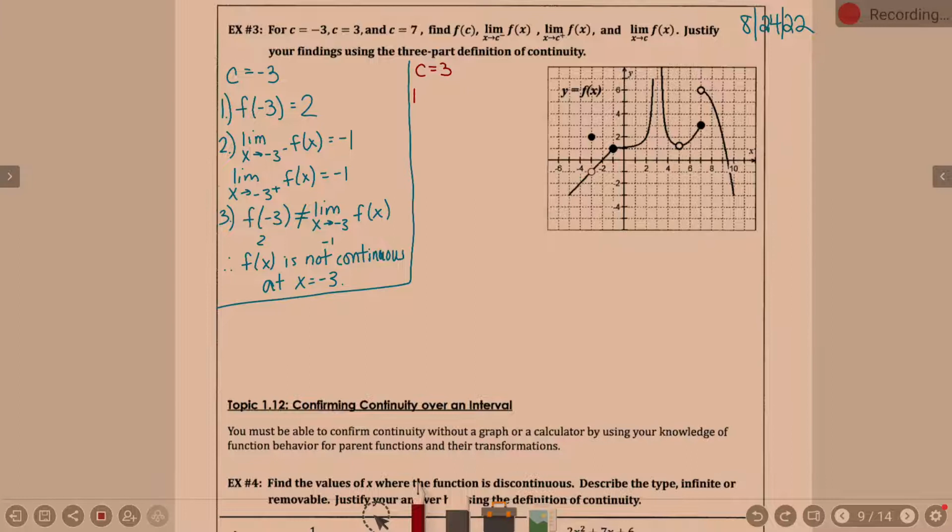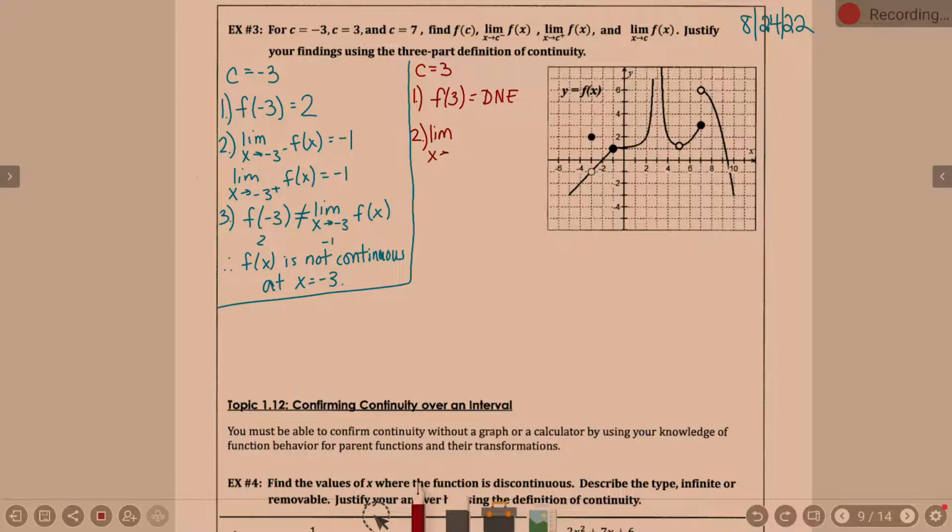So if we look at c equals 3, what is f of 3? It doesn't exist. So it does not exist, undefined. Right there, we already know our final answer, don't we? Okay, the point is not defined. So right there, we have failed the first piece of continuity. Technically, if we talk about the other pieces,